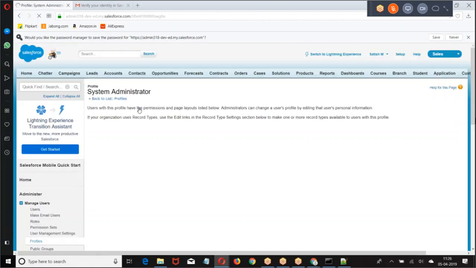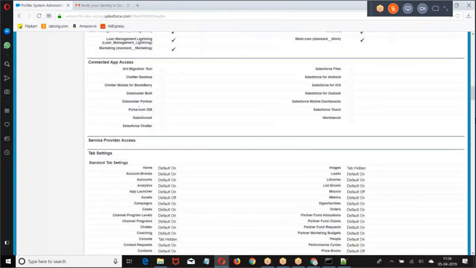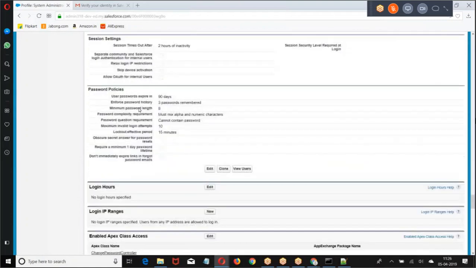Now remove the IP address restriction so that I can set the username and password directly.